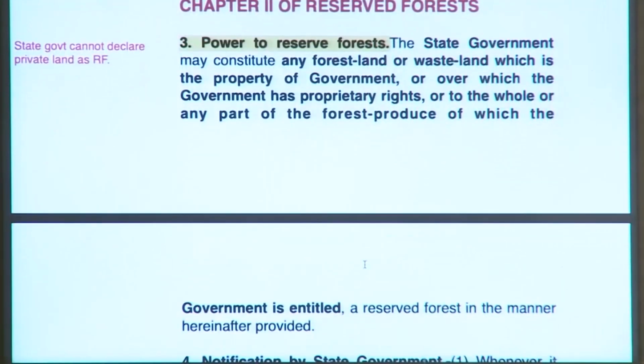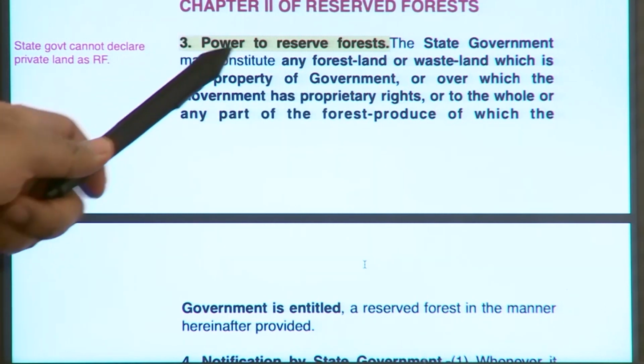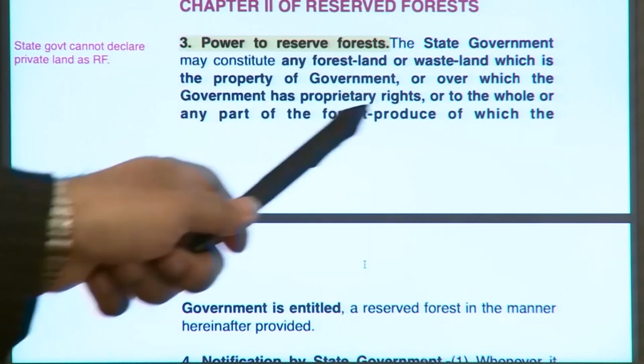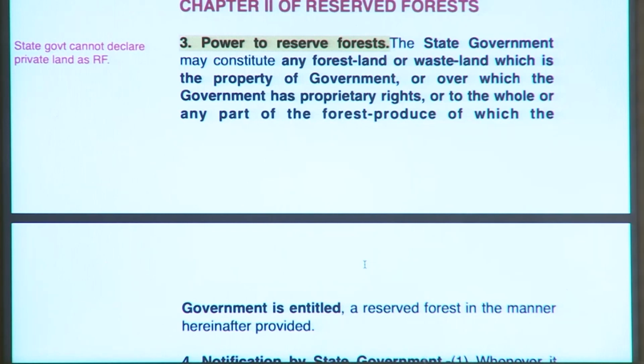The government has the power to reserve a forest. So, the government can reserve a forest, and what is the process and what kinds of lands can be reserved? The state government may constitute any forest land. Now, this "any forest land" is something that the Supreme Court has defined in the Godavarman case. So, a forest land includes all lands that have forest or all lands that have been described as a forest